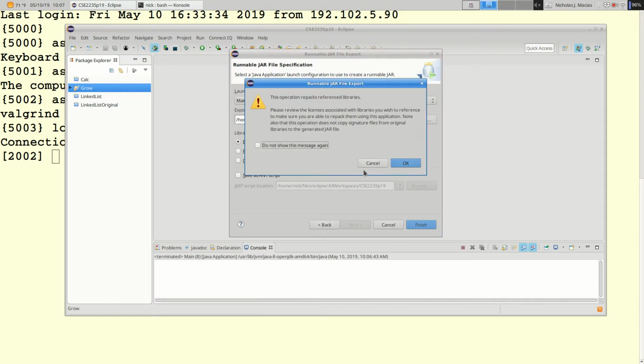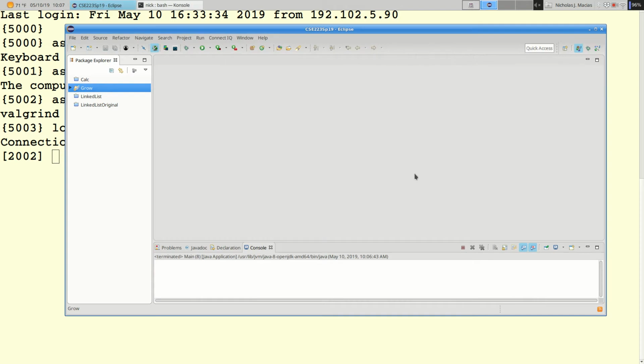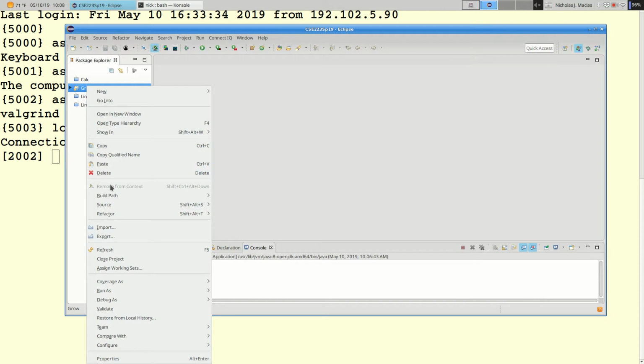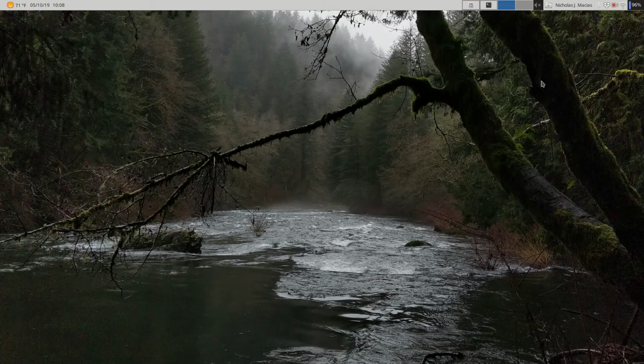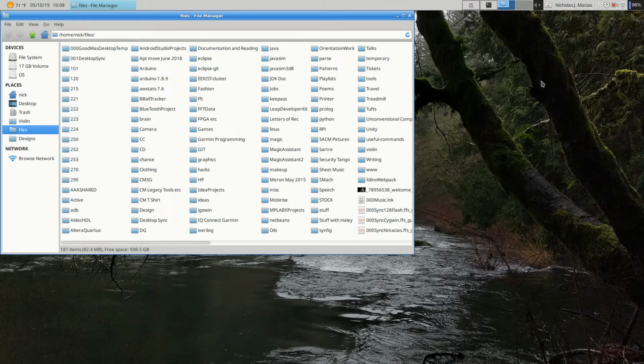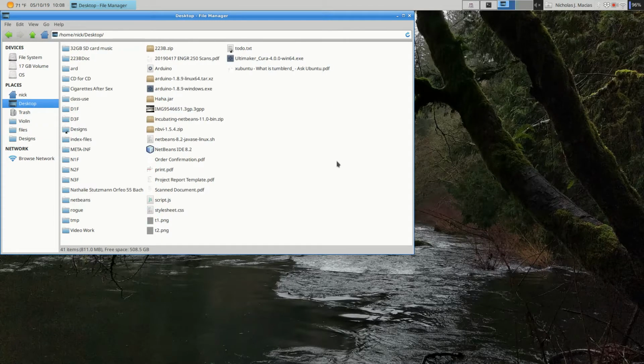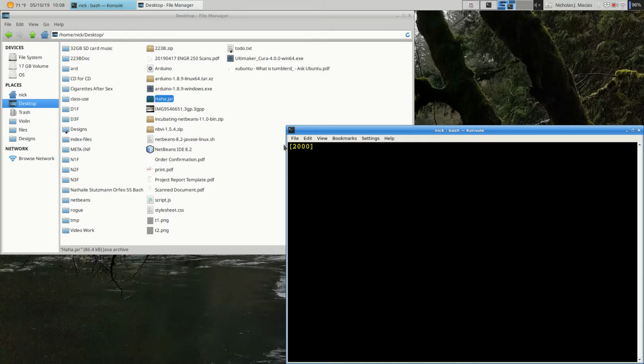And this operation repacks... Don't show that again, because I don't know what it means. All right, and we'll ignore any errors that pop up, and let's go ahead and close this. I think it's saying if you included a library, make sure you have the rights to that library, if you're going to do something with this file. Right, that makes sense. All right, so if I look at wherever I exported, haha.jar,